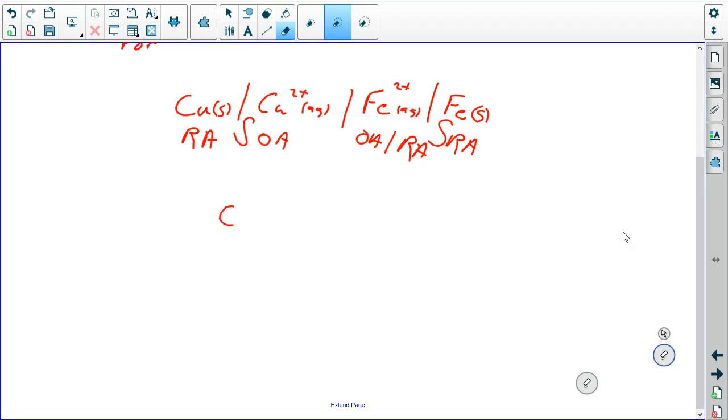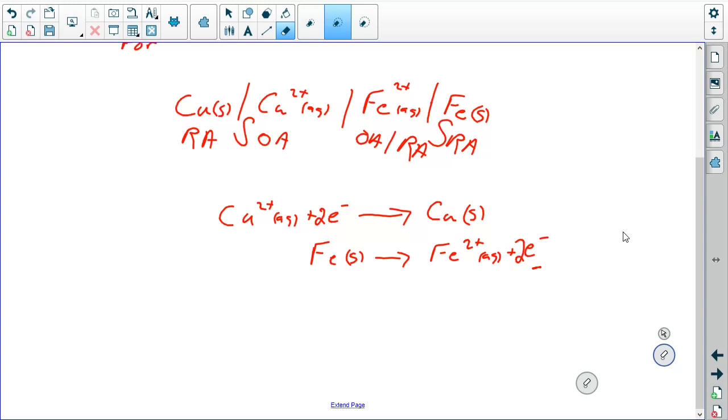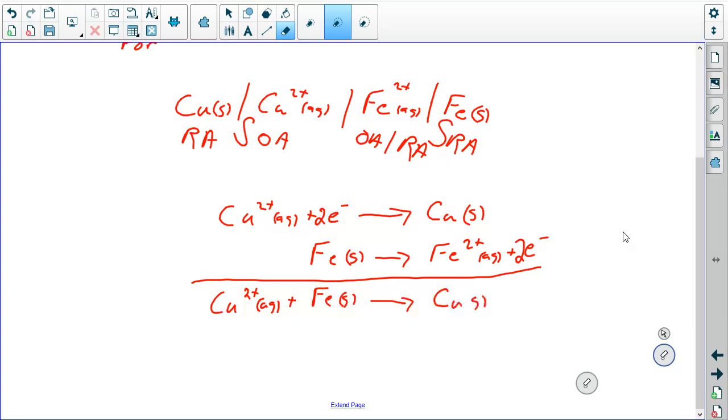So we are going to write the reduction half reaction. I'm going to write the oxidation half reaction. And I'm going to write 2 electrons gained, 2 lost. I'm going to write the net ionic reaction. Okay. Now,